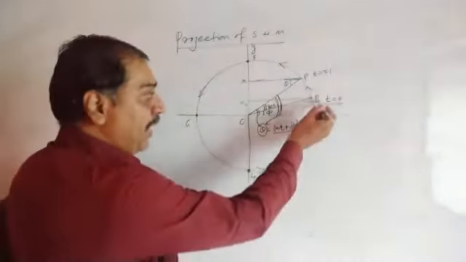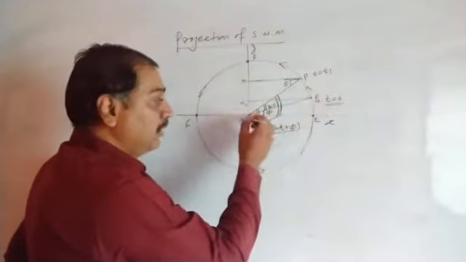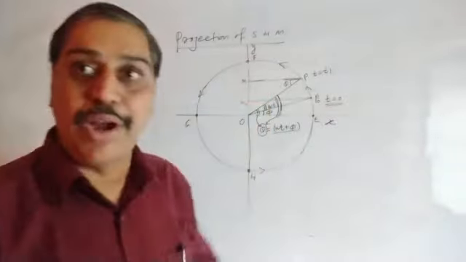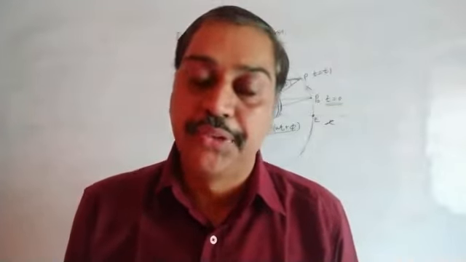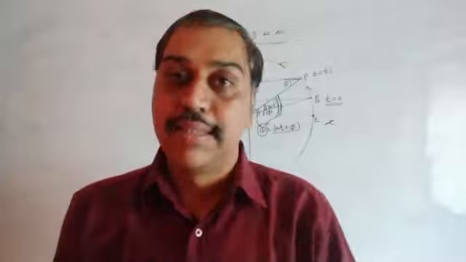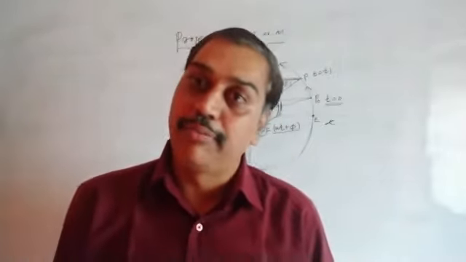So when the particle performs one circular motion, one rotation completed, this projection moves up and down and again comes to the same place. One oscillation gets completed, and that is said to be the projection of UCM as a SHM. The projection performs a simple harmonic motion while the particle is performing uniform circular motion.